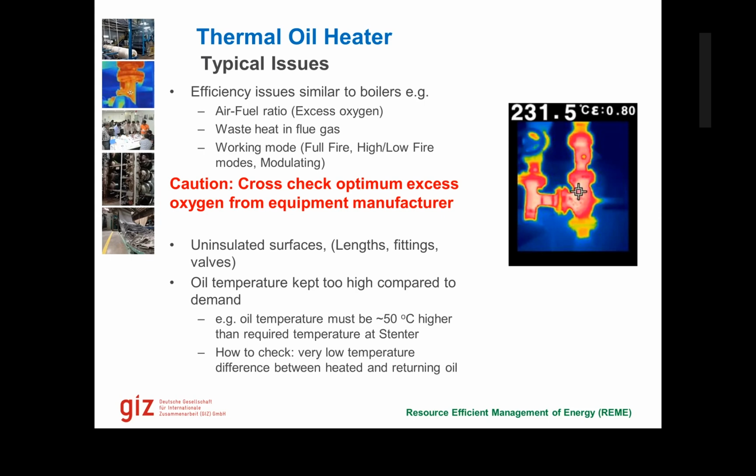So that is what we also need to look at. And then we already discussed this point of how much additional degrees we need in thermal oil heaters, and also having a look at how much temperature the thermal oil is giving up while returning back. If at the oil heater we're only getting 2, 3, 4, or 5 degrees of delta T, that means we